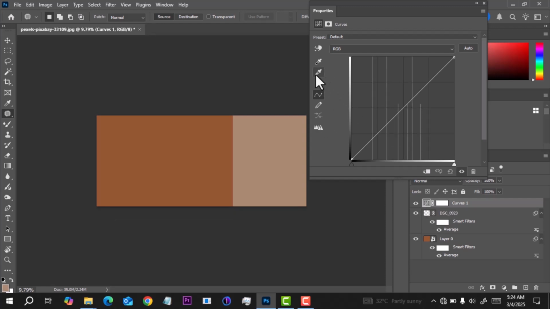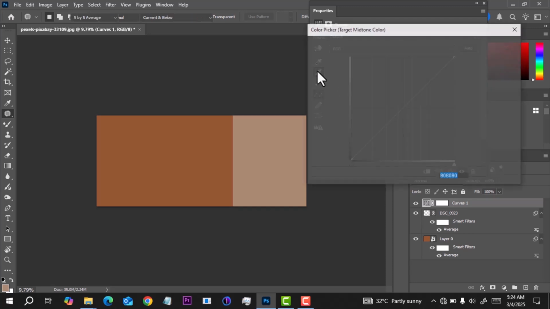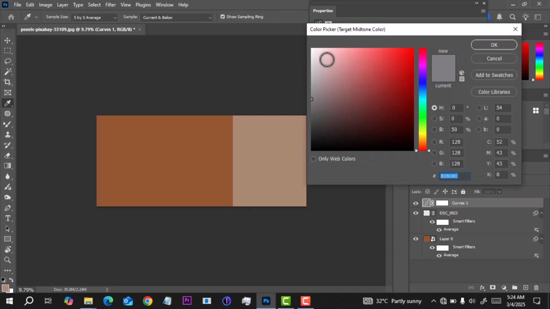Okay, so then you come to your eyedropper tool, this middle one here, you just double click. Once you double click, it comes to this color picker. So we'll pick the color from the background. Remember, we want to match the portrait color to the background color. So you pick the color here from the background color and you click